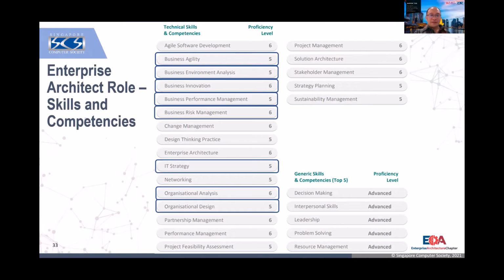Then, of course, organization design. So sometimes we need to propose the new structure of the business. We may tell that, oh, actually the issue in the last 3 months is because nobody was held responsible for this particular task. So we need to design a new structure of the business, right? So this is where the architect is playing a proactive role. Okay, and of course, stakeholder management is very, very important. All architects need to manage stakeholders in terms of their expectation about what they want to see, what they don't want to see. And of course, the conflicting ideas among the stakeholders, we need to manage that.